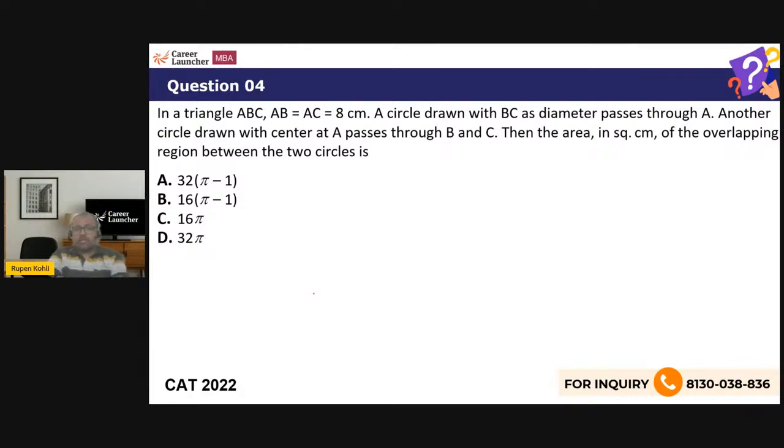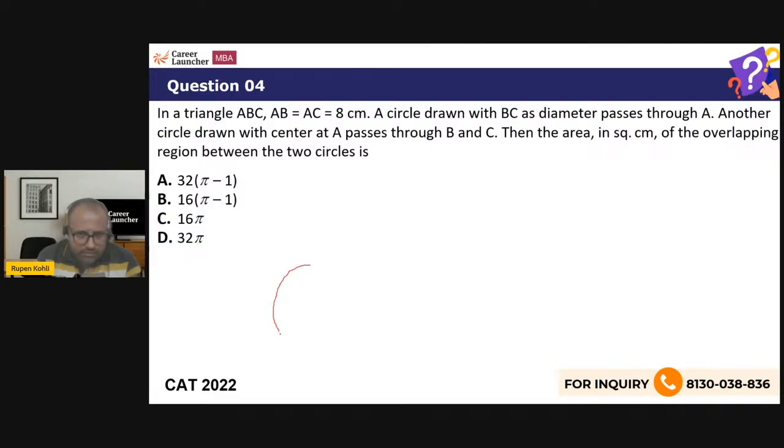A circle drawn with BC as diameter passes through A. So what I get in my mind is there is an isosceles triangle whose base is the diameter of the circle passing through the opposite vertex. Means this is a triangle inscribed in a semicircle effectively, right? So draw that figure,